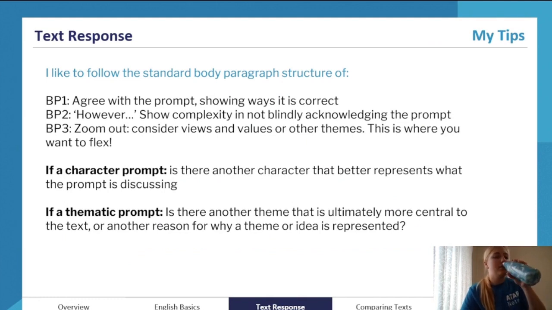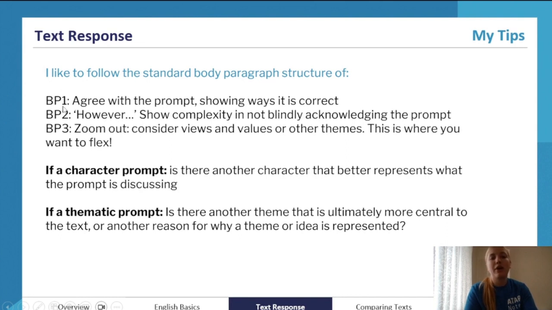And here are some of my tips. If you take away anything from this lecture, I want you to take away this: what to do for all of your body paragraphs, because high scoring students often do this unintentionally without knowing that they're doing this. And this is what I did. And this is your cheat sheet. And this is how to write your impressive topic sentences, arguments, and therefore essays.